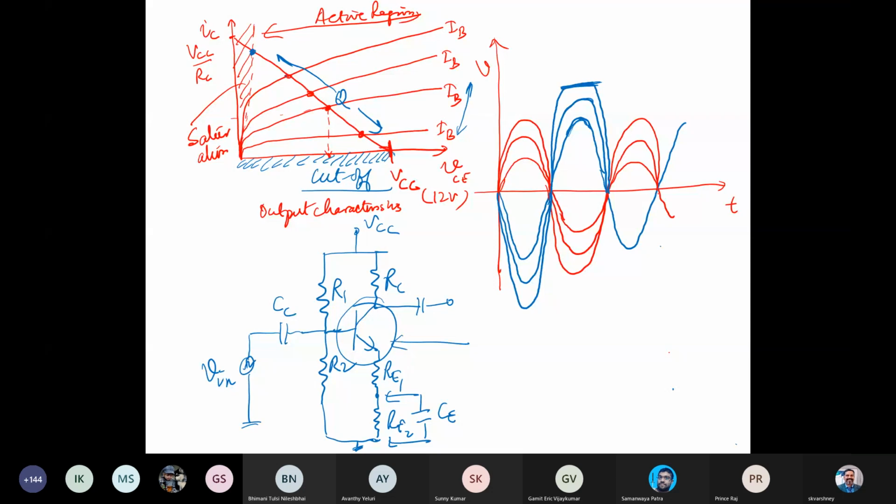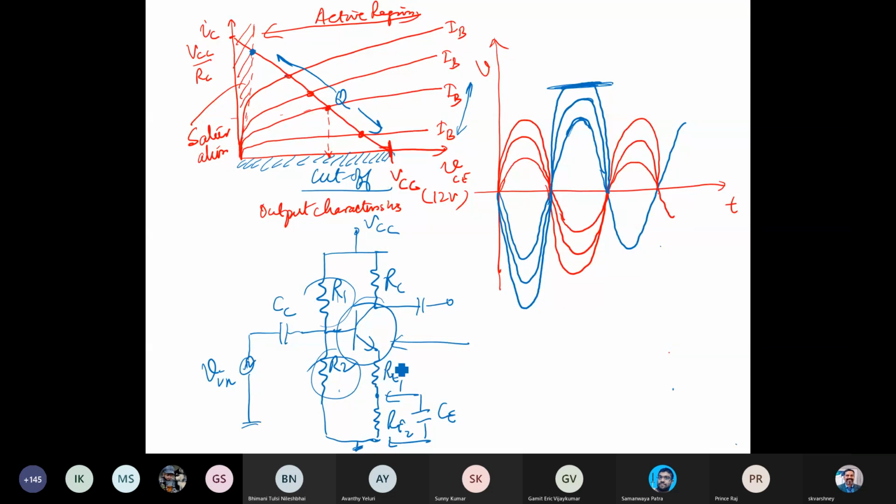So that may change. Let's suppose you designed the circuit and it was working very well, giving a very nice amplified output, but somehow this transistor went bad, and now you have to put in another transistor, and you see that the common emitter current gain beta for that transistor has changed. The Q point has now moved, and it may give you this kind of characteristic. It means the amplified signal will be distorted, and that's not the kind of requirement we want. So that's one of the reasons that we have this voltage divider circuit, R1 and R2.